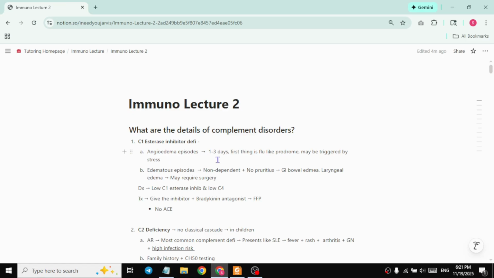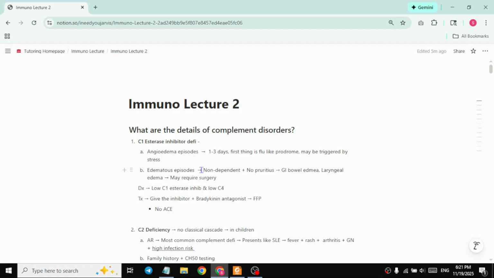Most of the symptoms are going to be flu-like, for example fever, myalgia, just fatigue in general, and it's usually going to be triggered by stress. But then as soon as you cross that threshold, you start to get edema. Now, this type of edema is not going anywhere. It's non-dependent, and there's no itching because the fluid is not actually escaping, because of the difference in pressure. This is because there's actual